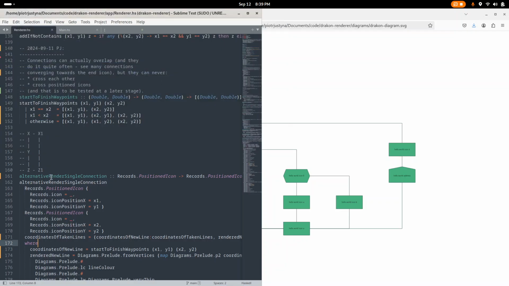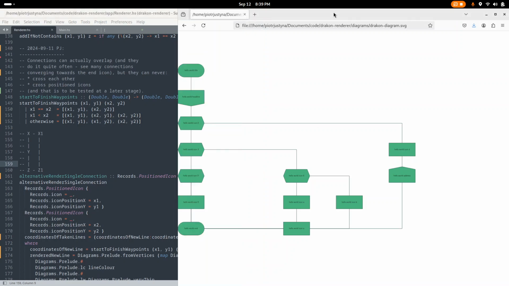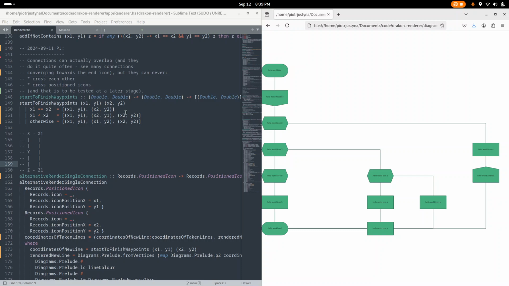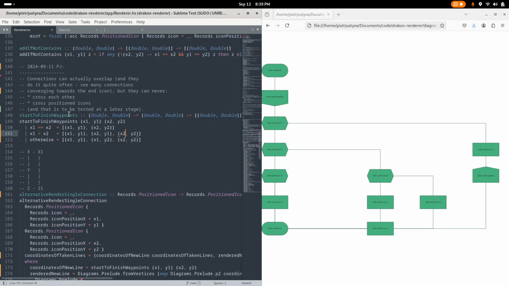Today I'll be again working on my drakon-renderer exercise. Yesterday we made pretty good progress with this function, start to finish waypoints. Today what I would like to focus on is I would like to start figuring out how we could provide